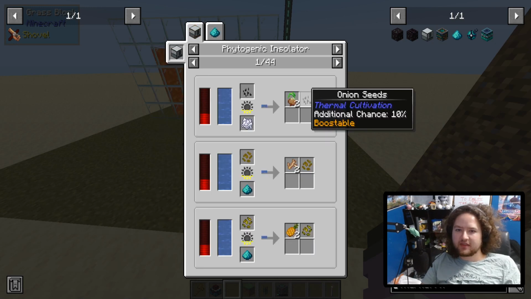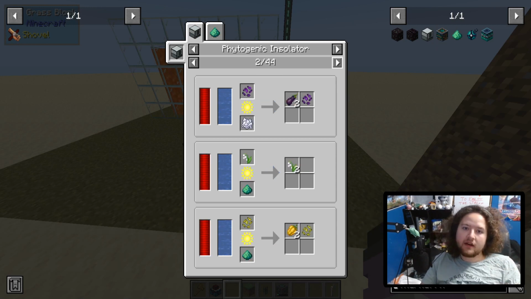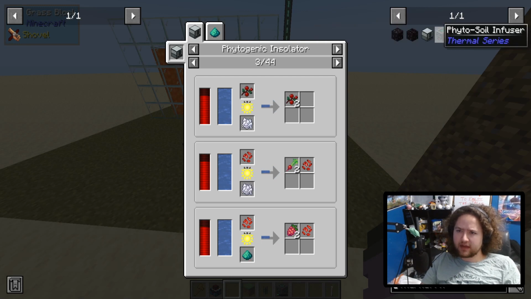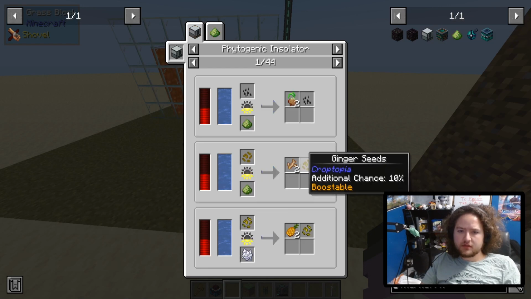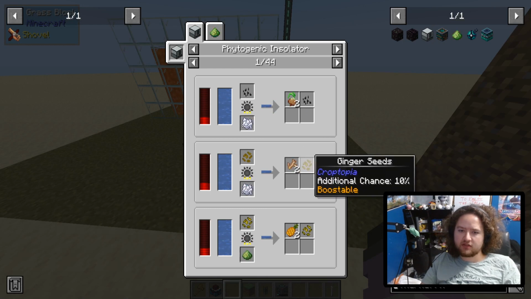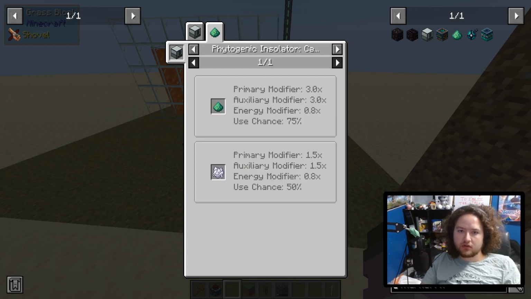Phytogenic insulator. This guy, to be able to produce an infinite amount of food. Obviously, then the seeds as well. I wish we had the other one, but I don't think we do, unfortunately. So yeah, we can use this guy to put a seed in, get a potential chance at a ginger seed, but obviously we're going to use a fuck ton of seeds in order to...